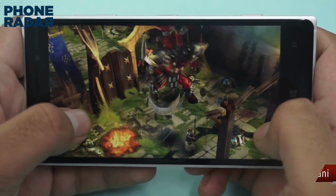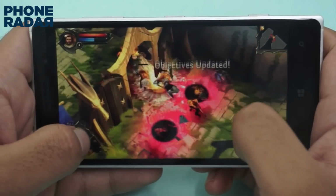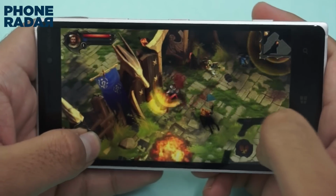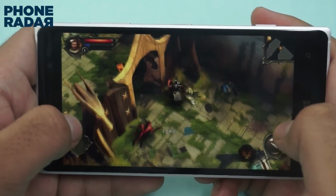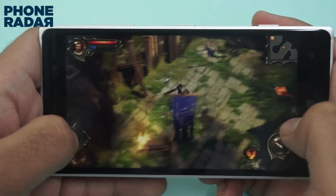So overall, all the three games played pretty well, and the main reason for that would be the optimization done by the game developers for these Windows Phone devices, and along with that the Adreno 305 GPU with the Snapdragon 400 processor and the 1 GB RAM. That combination does seem to be doing a pretty good job. So 1 GB RAM again can't be called totally enough, but still it isn't bad when you are talking about